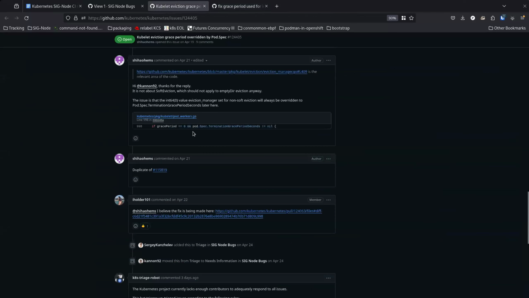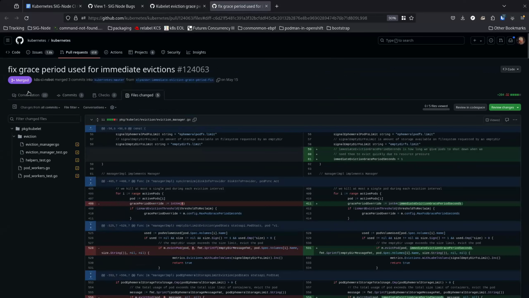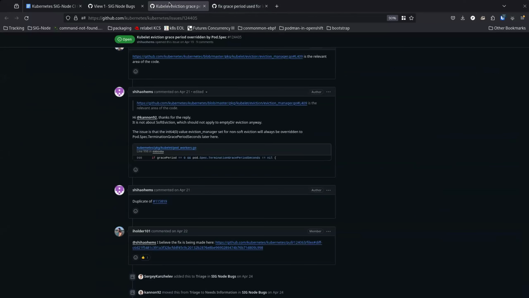Yes. I think this was fixed. Because when a pod is up for hard eviction now, it will override its soft eviction threshold previously set. So if it was in soft eviction, but the kubelet wasn't trying very hard to evict it, it'll get overridden and move to hard eviction.